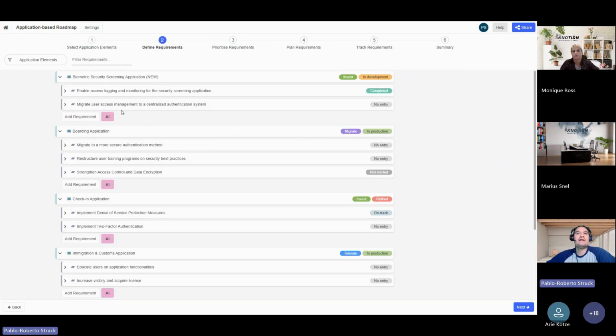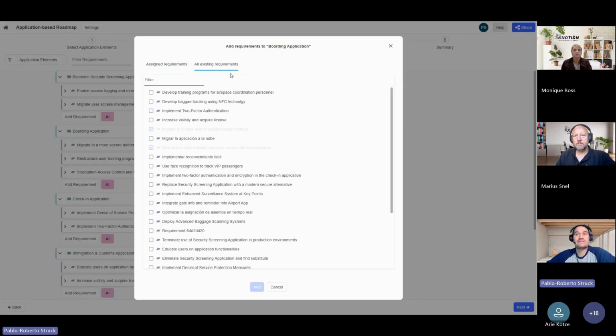And this is where we create requirements or add requirements to the corresponding application. Like for instance, I see we want to migrate this one here, right? So we want to migrate this one here, for instance, right? So we can add a requirement, right, from our existing